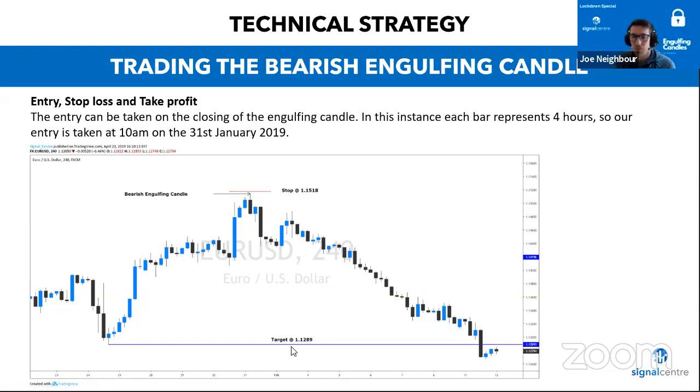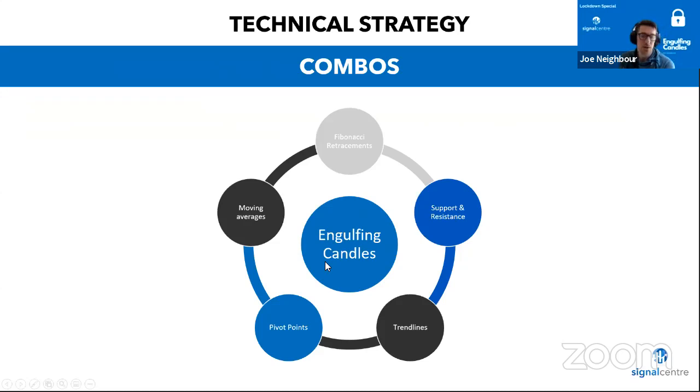So a pretty nice 5.86 to 1 in terms of the risk reward ratio. And it just took over 11 days to achieve that. So a very nice one. Again, traded in isolation. Now I'm going to talk about combinations, because trading engulfings in isolation isn't necessarily the best